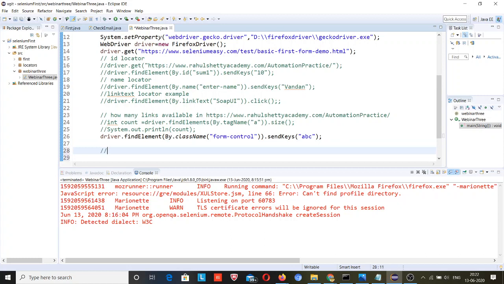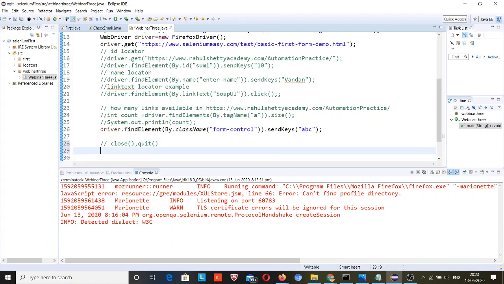there are two methods to close a browser window. The first one is close, which is also an important interview question, and the other is quit. So guys, I am covering interview questions and answers, and also real time situations and real time problems. I hope you guys are relating to what I am trying to explain.